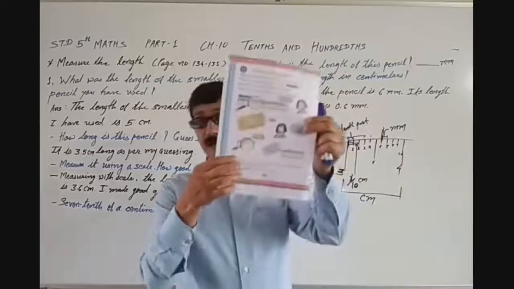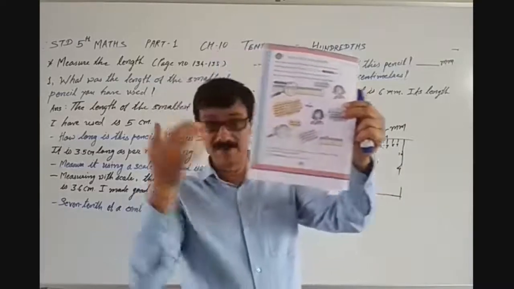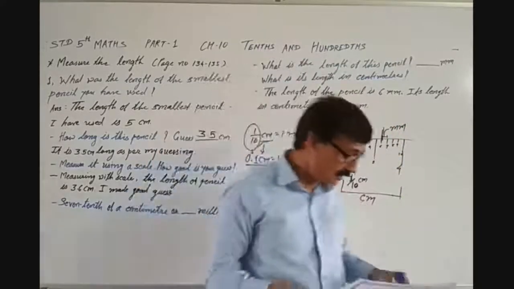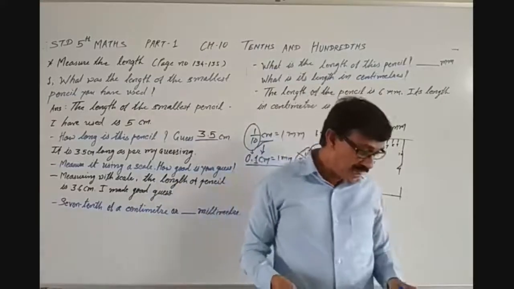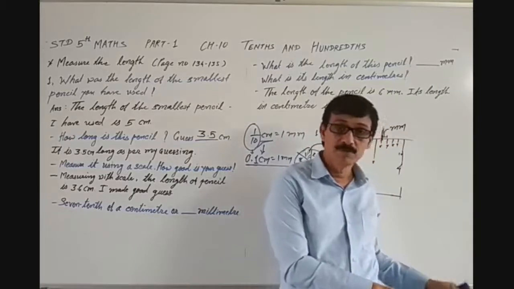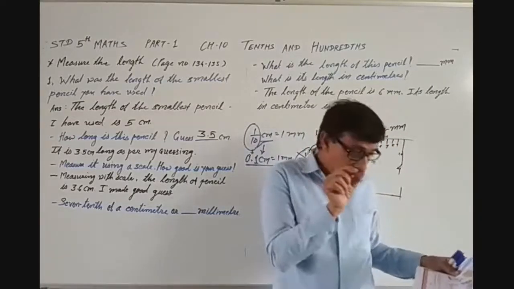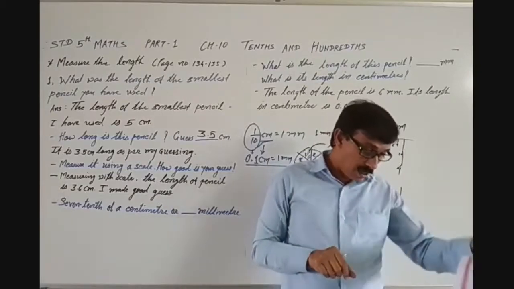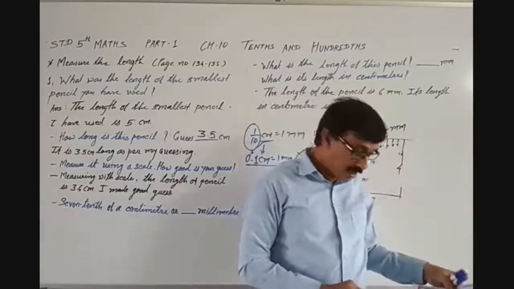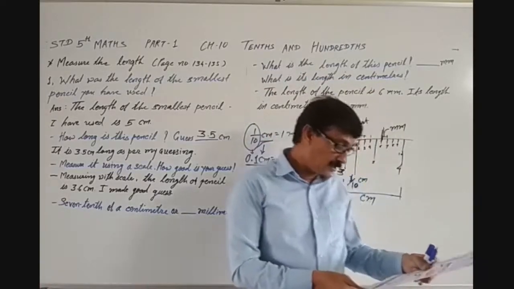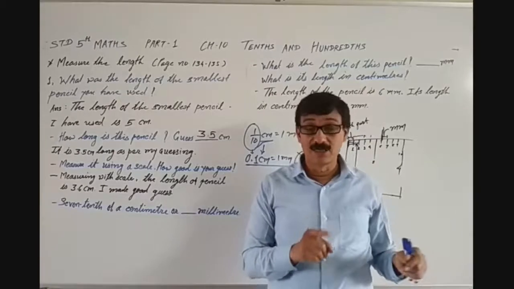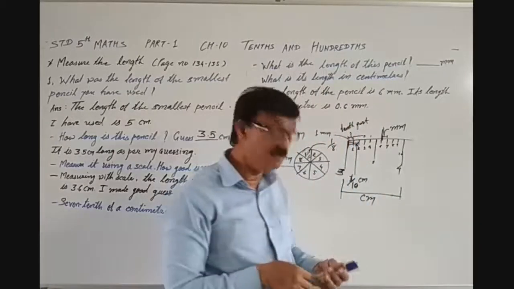Here, my ants went somewhere for sugar, but in your textbook you can see there is an ant only, isn't it? See, I am 3 millimeters long. Can you see an ant in your textbook? And you can see it is 3 millimeters long. And the other end over here, on this side, but I am longer, 7/10 of a centimeter. See, it is 7/10 of a centimeter.